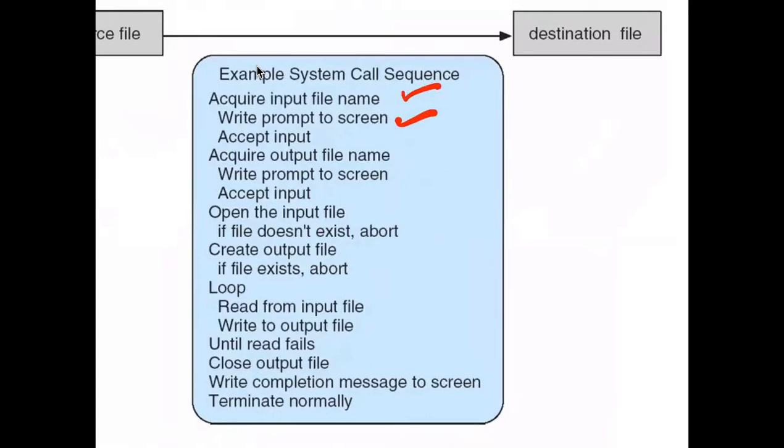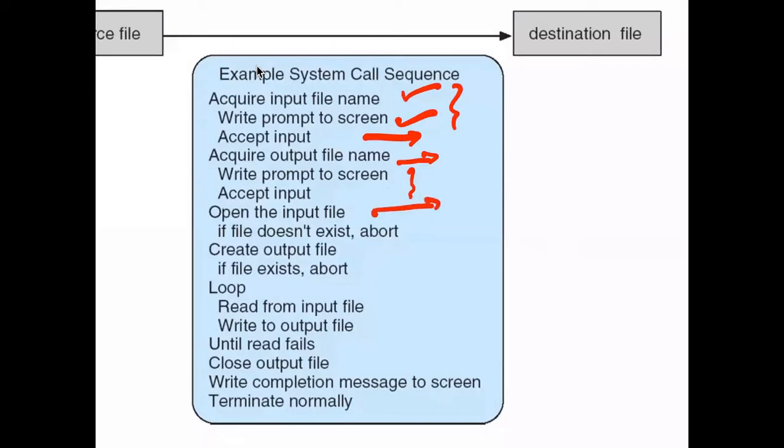Second thing is it has to accept inputs. Inputs will come from the keyboard, which will again require reading from the keyboard, another system call. Then acquire the output file name, which is similar to the input file name. The same thing is to be repeated.